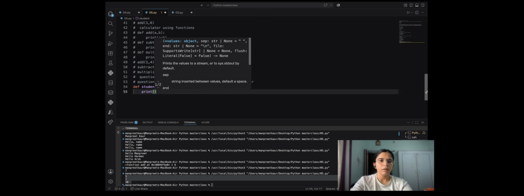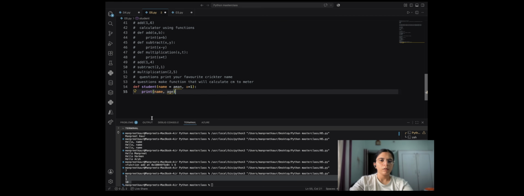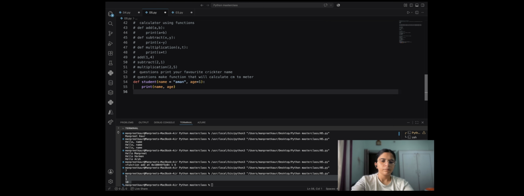Print name, comma, age. And second I will put it age of this. Multiple student.